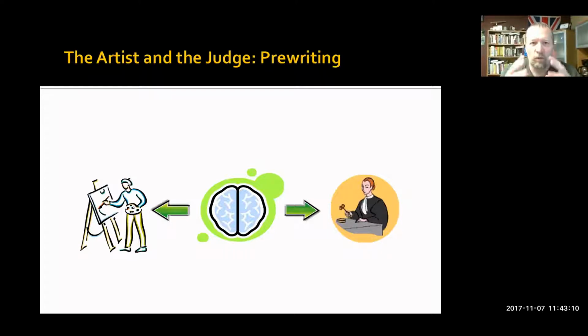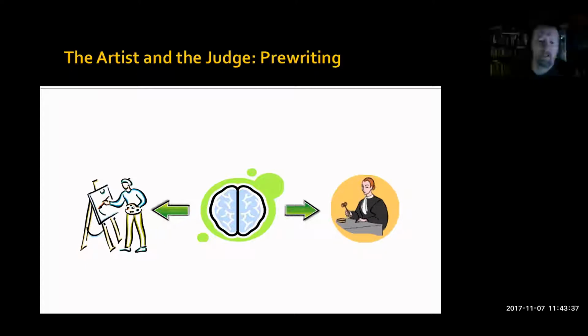So I tell my students, when you start a new writing project, let the artist play. That's every paper. Let the artist go and brainstorm. Just be silly. And as soon as you go, I shouldn't write that, that doesn't make sense, that's the judge poking his head in. You got to keep him out. It's helped my students be more willing to do pre-writing and brainstorming activities and to write, because they've learned to separate those processes.